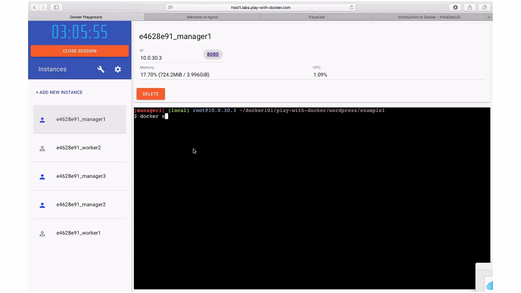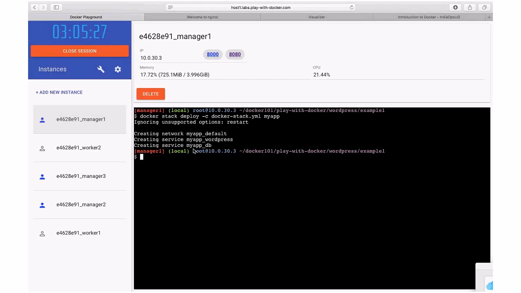When I talk about a number of services running on a particular host, I mean that you can use Docker Compose. But when you talk about clustering, Docker Compose in terms of a cluster, you have a command called docker stack deploy. It is very similar to Docker Compose, but for a cluster of machines, and I can say my app. You can see that it just took a few seconds to bring up my application, and if I go here and click it,